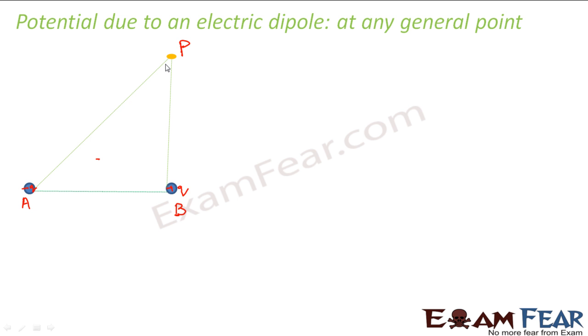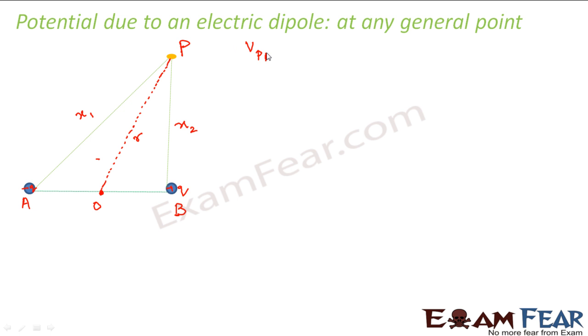So we have to calculate the electric potential at this point. Let us say that the distance of this point from the dipole is r. We will measure the distance of this point from the center of the dipole. So let us say this point P is at a distance r from the dipole. We join these 2 points also. Let us say this is x1 and this is x2. The center of the dipole is O. So we have to calculate the potential at point P.